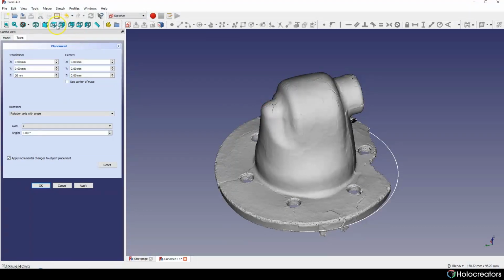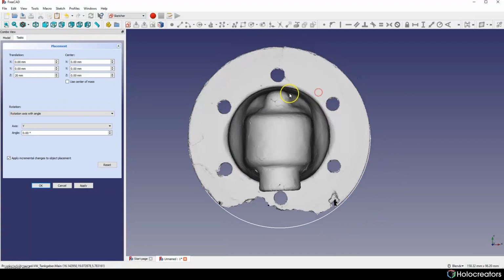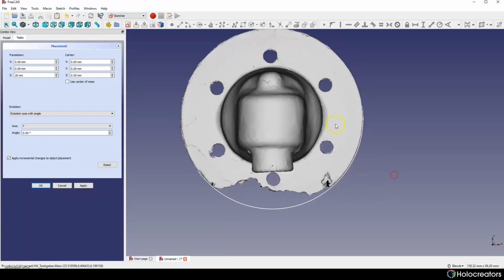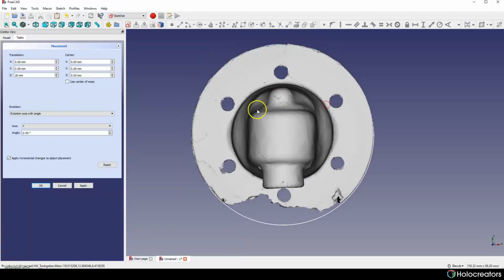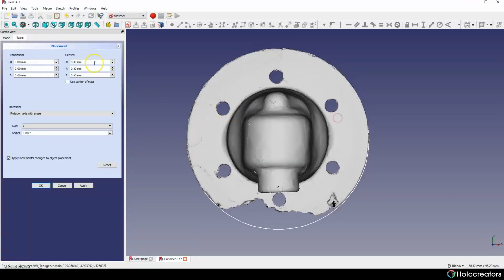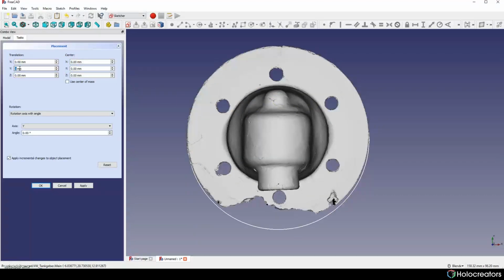Now we can go to top view, and we can try to get a better alignment of this model to the circle that we already created. Of course, we have to press apply, and then we can try to get perfect alignment.